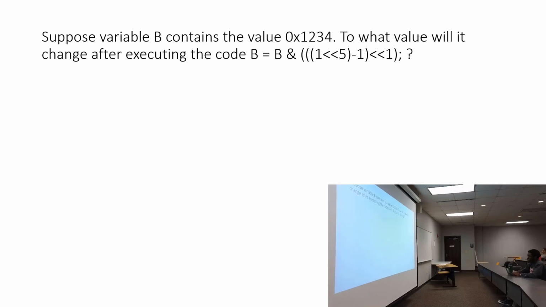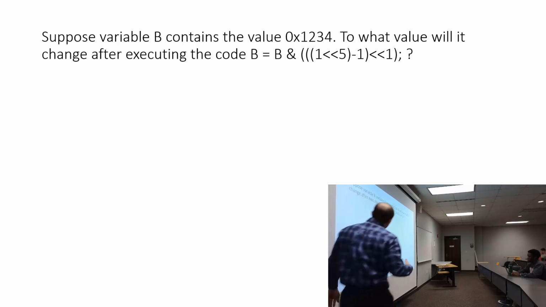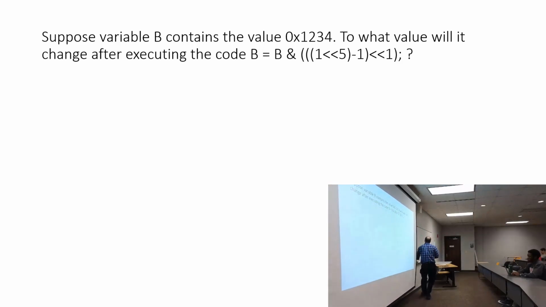Suppose variable b contains the value 1, 2, 3, 4 in hex. To what value will it change after executing the code? B equals b and 1 shifted by 5 bits to the left, minus 1, then shifted to the left again by 1. Okay, so we start out with the